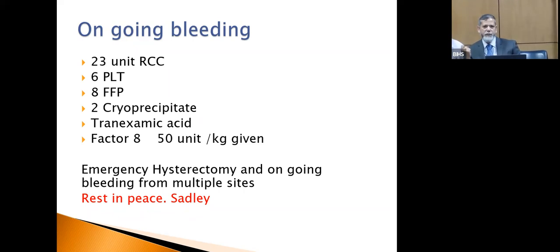So emergency hysterectomy performed and ongoing bleeding from multiple sites. She was given factor 8. Was it a right decision to give factor 8, do you think? It was an error, you see, even in a developed country, because this condition is so rare,